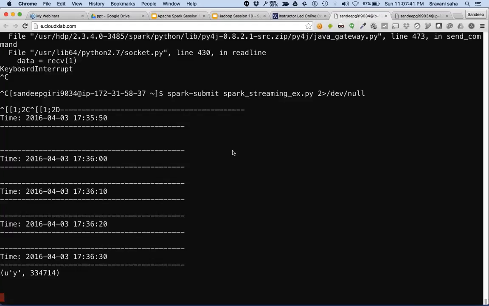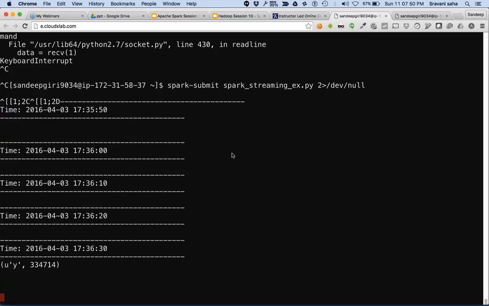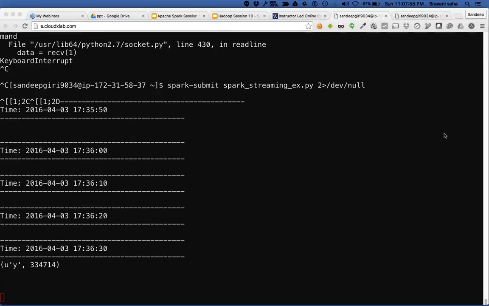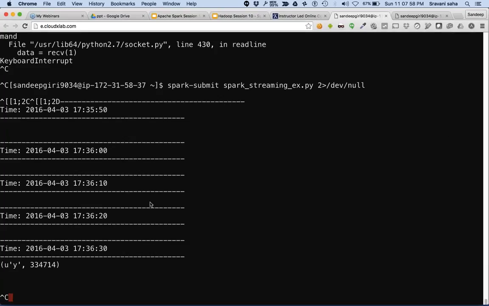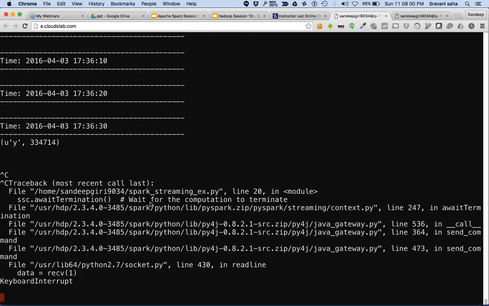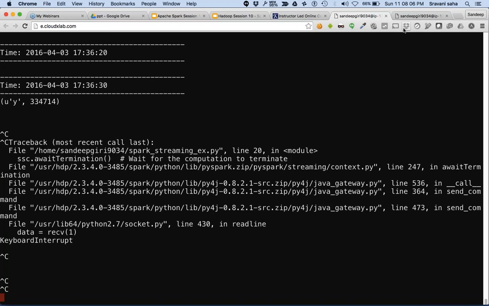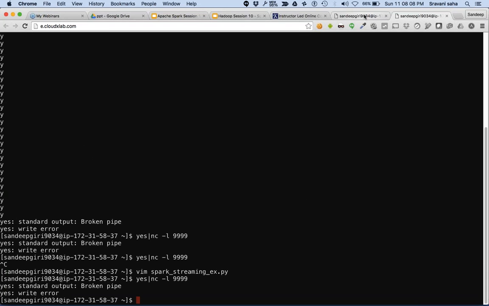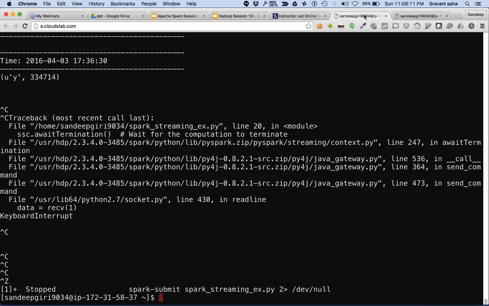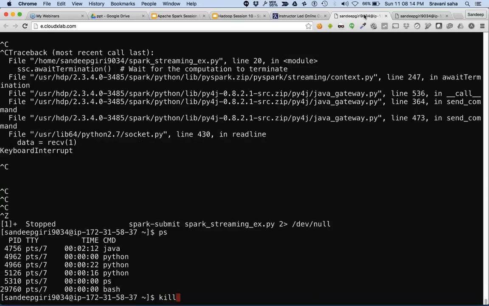Okay, it looks like it's going to take a little bit more time. Let me decrease the window size to 1 second.